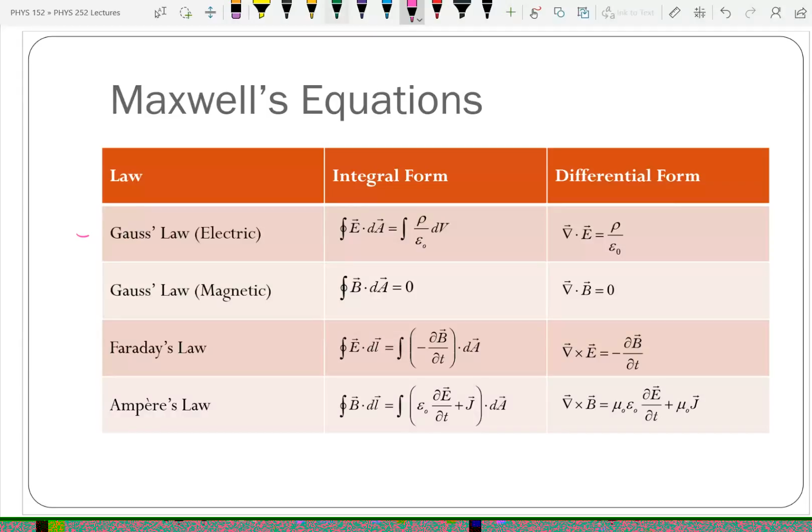The second one is one that I told you existed, but that we never use. Gauss's law for magnetism. Gauss's law for magnetism says that the magnetic flux on a closed surface is 0. Why is it equal to 0? Well, the electric flux on a closed surface wasn't 0. Because there's